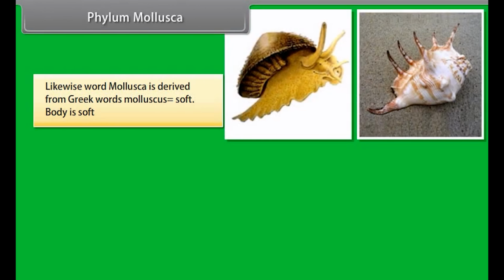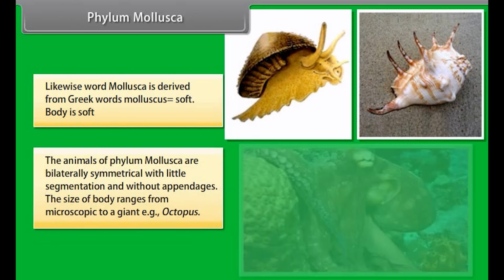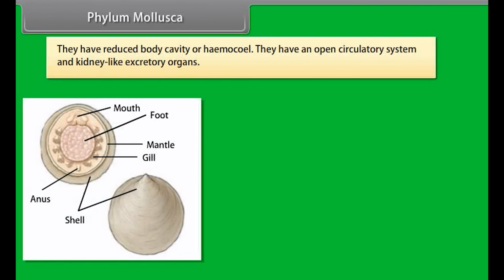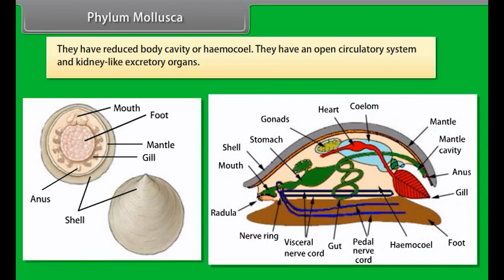Phylum Mollusca. The word mollusca is derived from the Greek word molluscus, soft, meaning the body is soft. The animals of phylum Mollusca are bilaterally symmetrical with little segmentation and without appendages. The size of the body ranges from microscopic to a giant, that is, octopus. They have a reduced body cavity or hemocoel. They have an open circulatory system